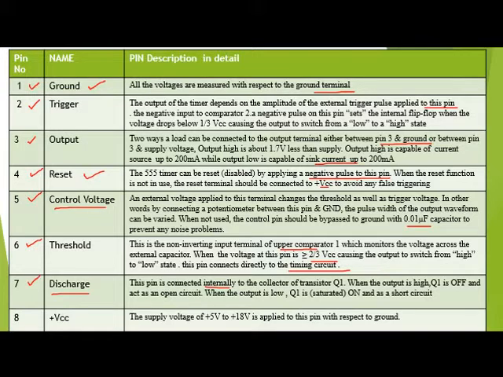When the output is high, the transistor Q1 is off and acts as an open circuit. When the output is low, the transistor Q1 is saturated, it is on, and acts as a short circuit. Next is pin number 8, that is the plus VCC, and a supply voltage of plus 5 volt to 18 volt is applied to this pin with respect to